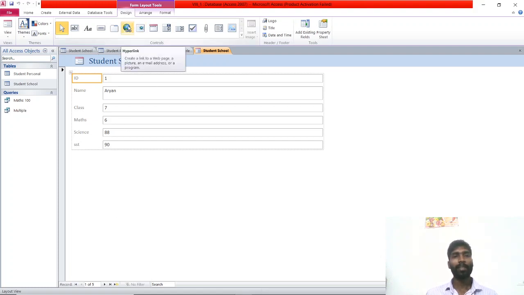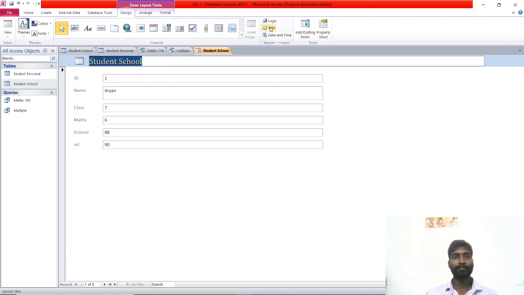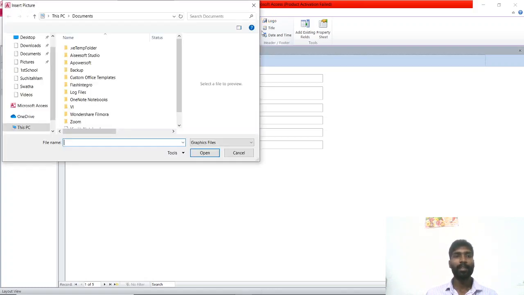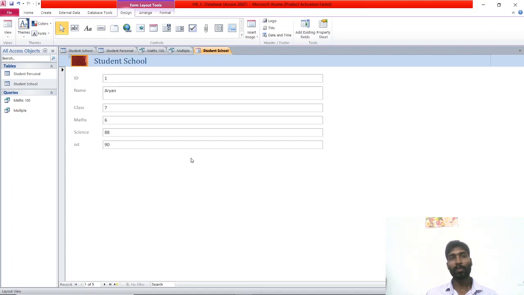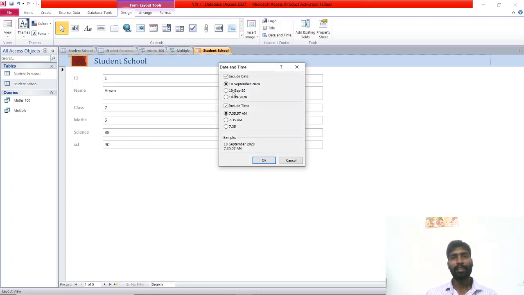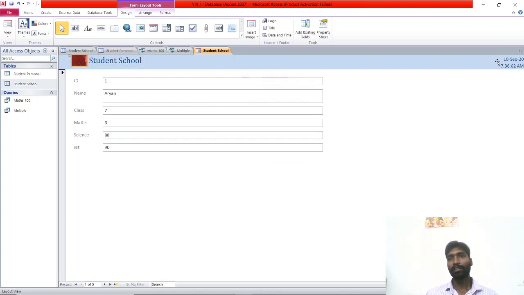Formatting a report. If you want to format, you can give a title. Logo, if you want to insert a logo, I want to select the picture, so I am going to select this picture. I don't know what picture that is. See, now that picture is inserted. Inserting date and time, so it is showing the format and the time. So these are all simple things.